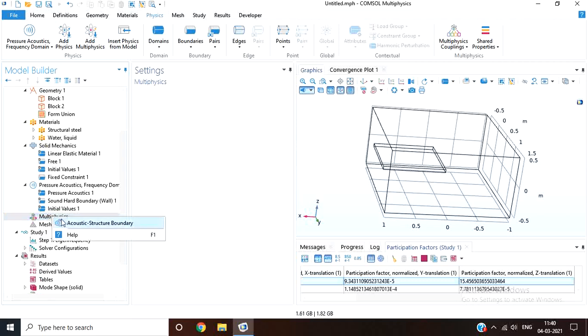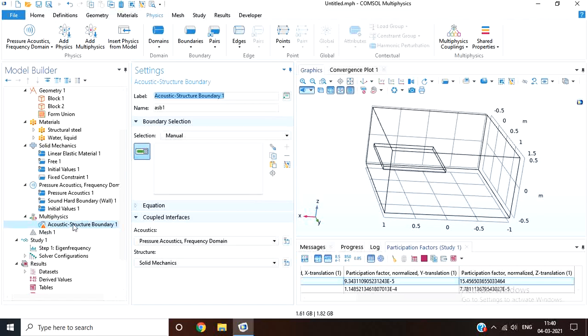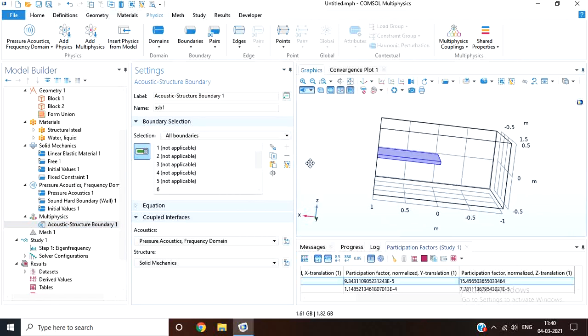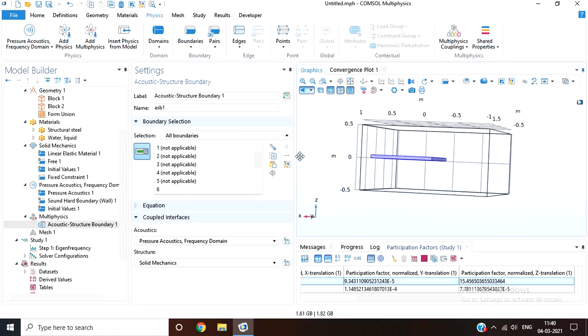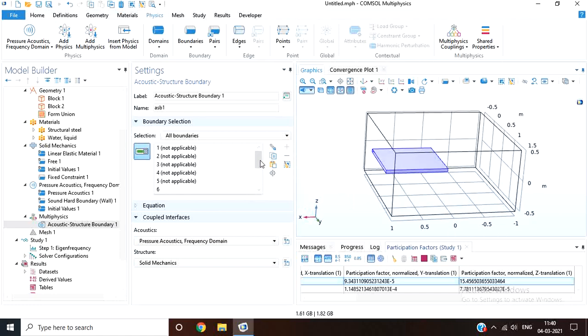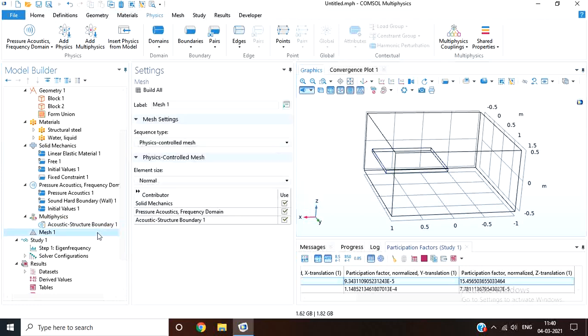Here acoustic structure boundary multiphysics will come into action, and we'll be selecting all the boundaries. The boundaries which are in contact with fluid as well as the structural physics will come under this acoustic structure boundary multiphysics. Now mesh, let's keep mesh to normal.